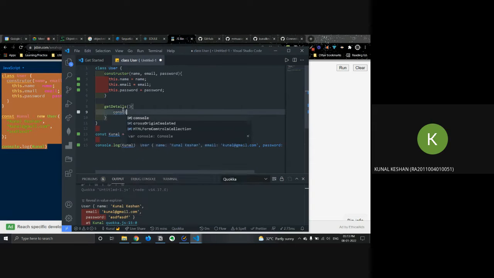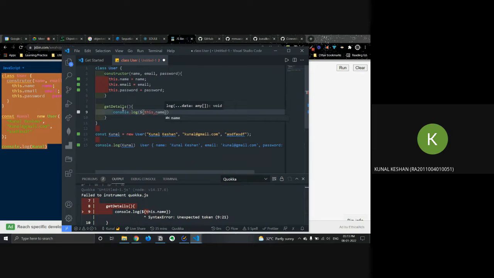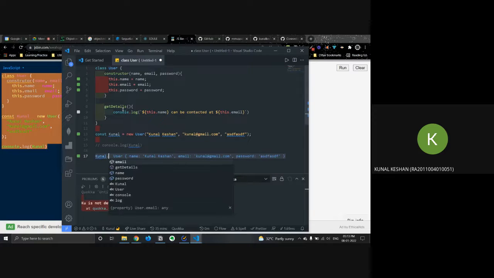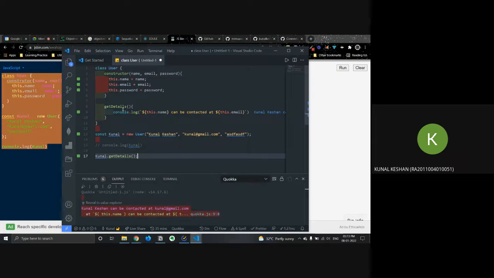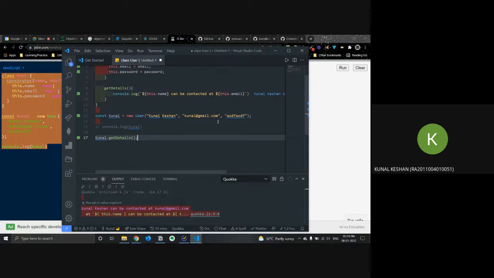So I'll just put console.log, say over here, name, and can be contacted at this.email. Okay, so I'll just call .getDetails and remove it. And you can see it here, right? Kunal Kishan can be contacted at kunal@gmail.com because that's what I did over here.